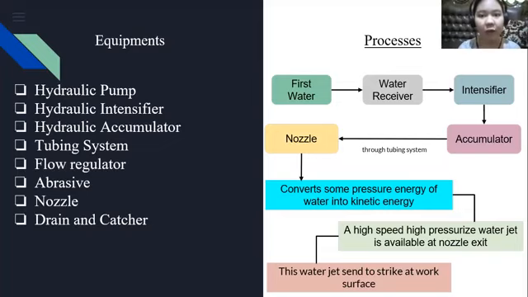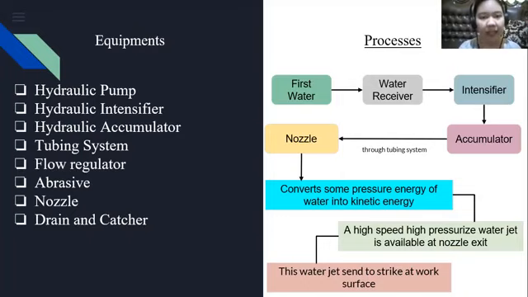There is possibility of erosion at the orifice of the nozzle due to the high pressure water jet. Therefore, high wear resistance material is used for the nozzle. The size of the nozzle is about 0.2 to 0.4 millimeter. If abrasive water jet machining is used, abrasive particles mix in the water stream before entering into the nozzle. And the last but not least is the drain and catcher. The drain and catcher system is used to remove debris and other machined particles from water. It separates metal particles from water, and this water is further sent to the reservoir. It is also used to reduce noise associated with water jet machining.